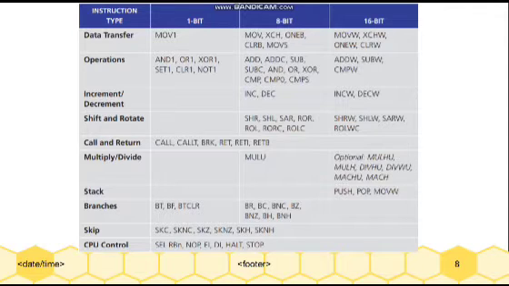For data transfer, for 1-bit data transfers, we have the command MOV1, and for 8-bit data transfers, we have commands like MOV, XCH, etc. And for 16-bit, we have MOVW, XCHW, CLRW. Like that, for every type of operation,